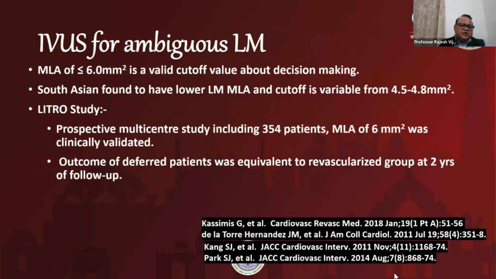What about intravascular imaging for the ambiguous left main? As I mentioned, an MLA of less than 6 is the one which has to be revascularized, and those with more than 6 millimeter square are the ones which have to be deferred for revascularization and continued on medical treatment. There are certain studies from South Asia where the cutoff point instead of 6 millimeter square is 4.5 to 4.8, but this data has not been validated. So we still consider less than 6 as the one which is supposed to undergo